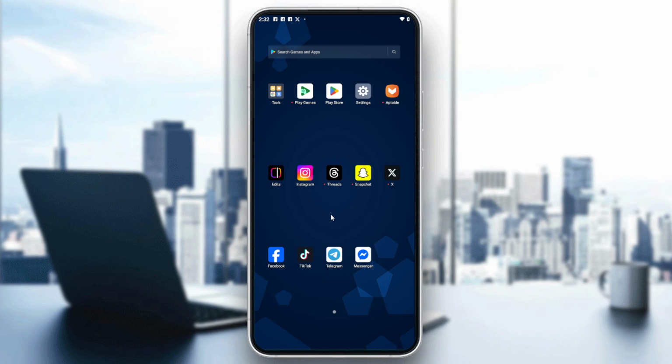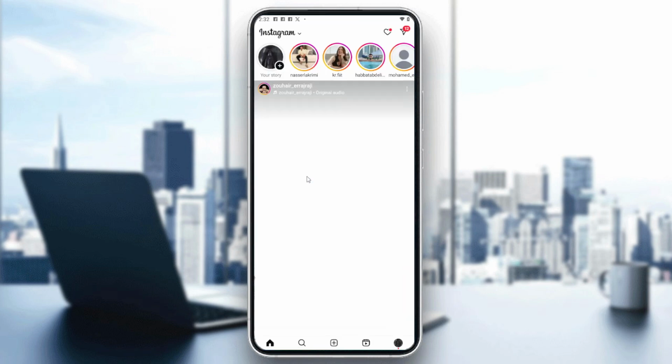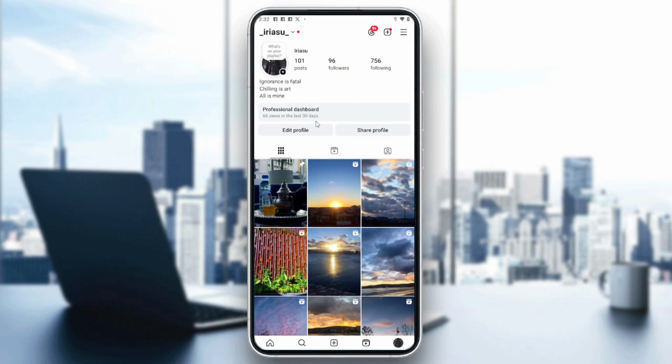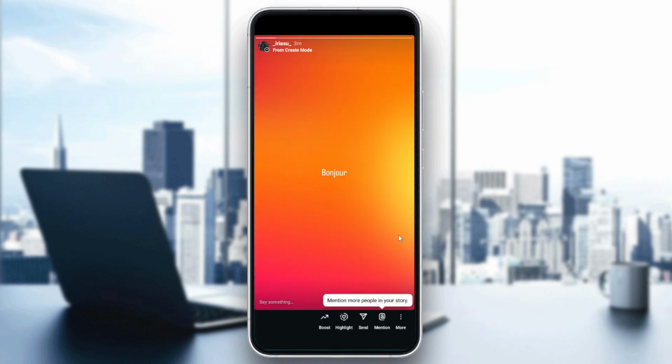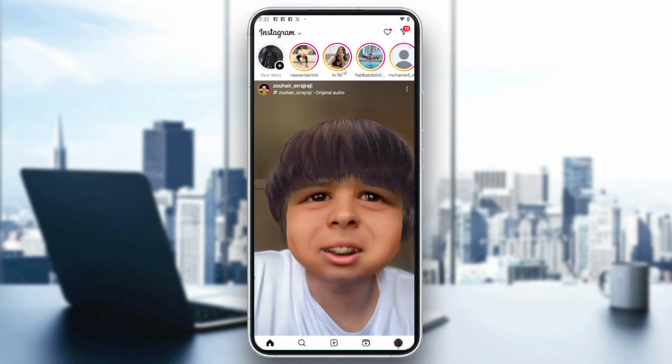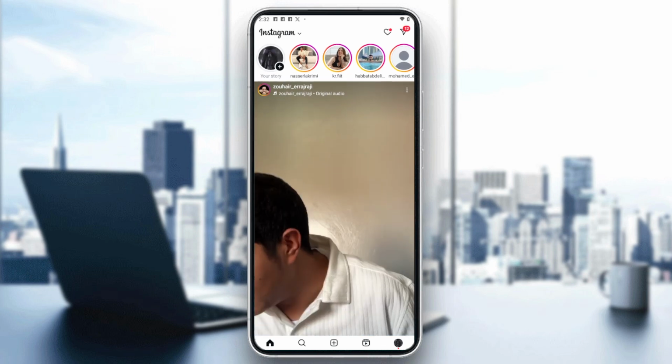So now let's begin our tutorial. So now we want to open our Instagram app. And after that, I'm just going to the profile here and simply you will be needing to either create your own profile in foreign language by going, for example, to here, and other people will be able to start translating these story. So we can go to the home, and from there you can choose any kind of story